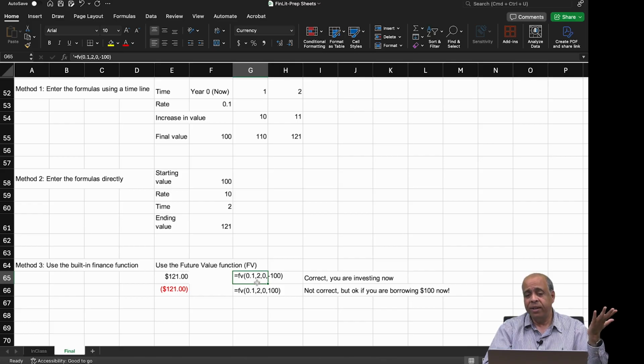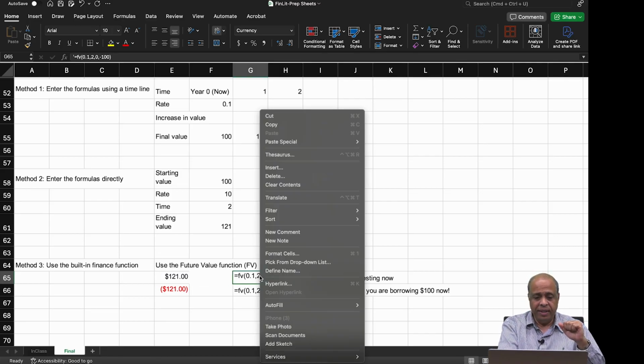And what rate am I earning? I'm earning 10%. So I'm going ahead and putting 0.1 here. Okay. And I'm using this FV function. And you can see that gives me the future value as 121. Now, why did I enter the numbers in this order? So the reason is